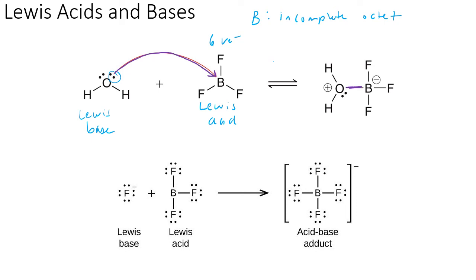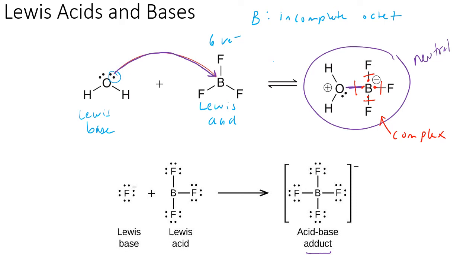And notice now there's some formal charges in your acid-base complex, or sometimes called the acid-base adduct. Adduct meaning the 2 molecules were added together. So because we started with 2 neutral molecules, overall this molecule is neutral. But we have a separation of charges on the oxygen and the boron, but they add up to 0. Our oxygen has a +1 formal charge, 3 bonds, 1 lone pair, and our boron, which normally has 3 electrons around it, has 4 around it. When we split these, we got 1, 2, 3, 4, so it has a -1 formal charge. And that's something you'll see when you form this complex,